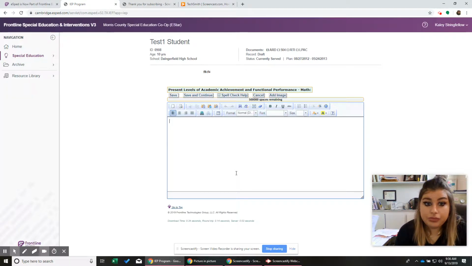So we have math. So let's just say teacher, let's just call this student: Student is not able to do 10th grade math. He is failing with a 60 and does not attempt any work.